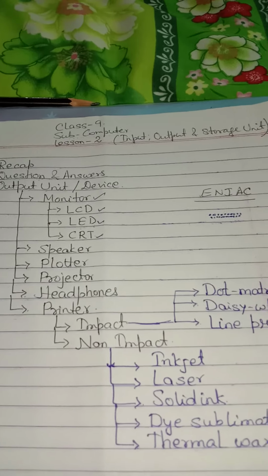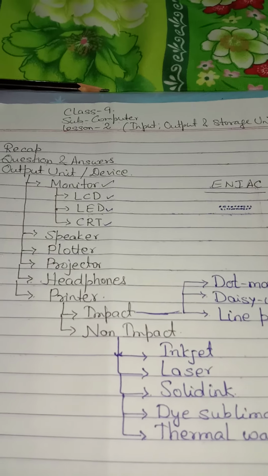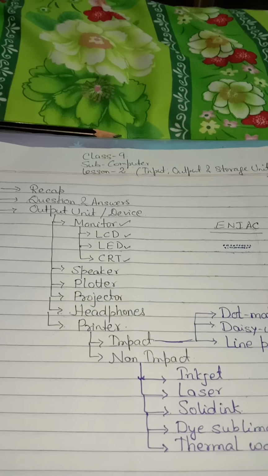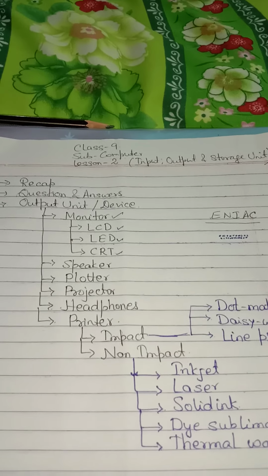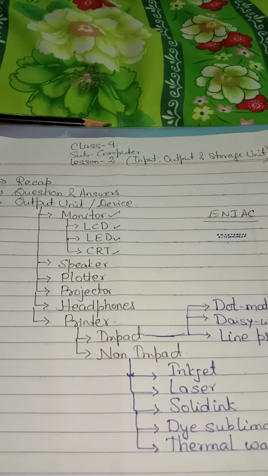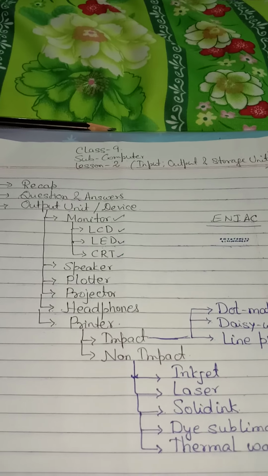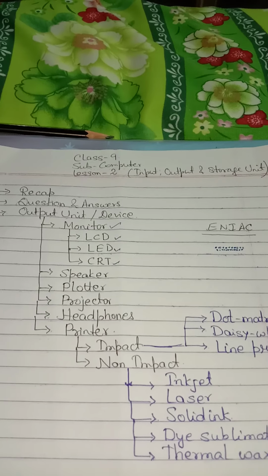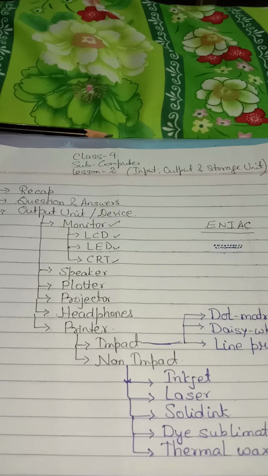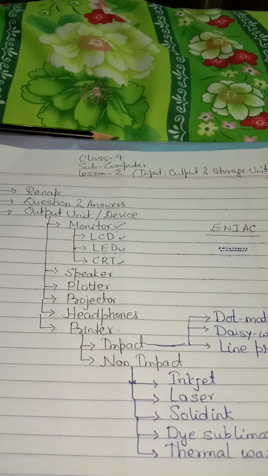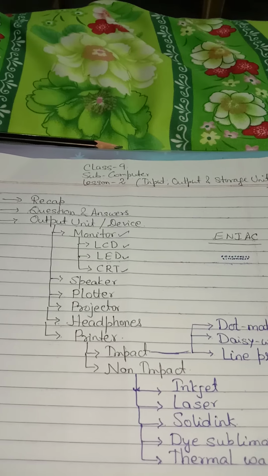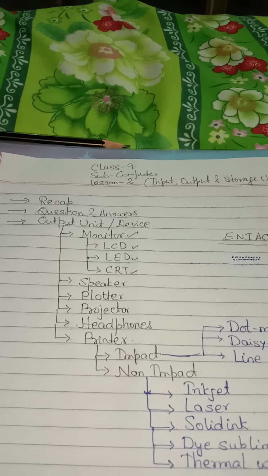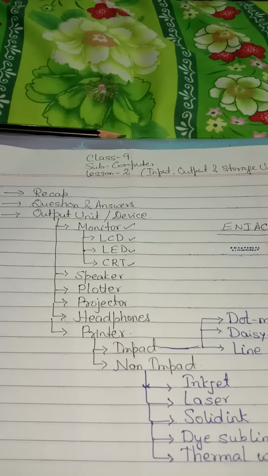Now we will be discussing headphones. Headphones are small loudspeakers that are designed to be worn on the user's ears. The other names of headphone are ear speakers or earphone. Only a single person can listen to music from a computer with the help of headphones at a particular time. All of you must have headphones in your home, which we use to hear music or audio. We also use the headphone whenever we are speaking to someone.